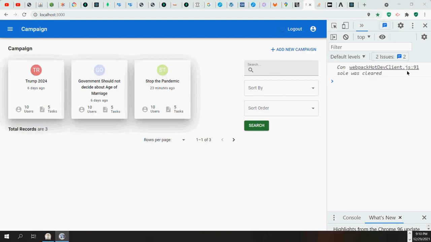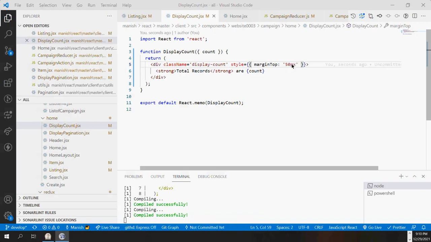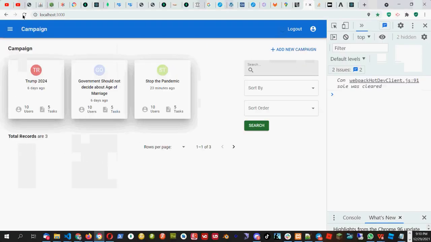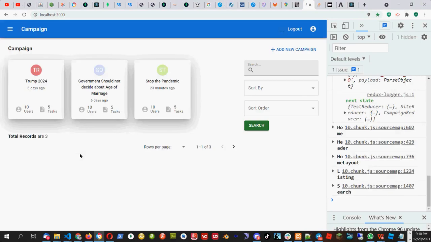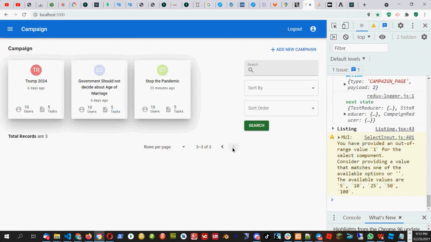Okay, 25 looks a little low. Let me add 50 pixel. Okay, 50 pixel is okay. So we are showing 3 records here. We are showing total rows, and this pagination is working fine as we see, though the results are not updated because we haven't tied the pagination with the results.